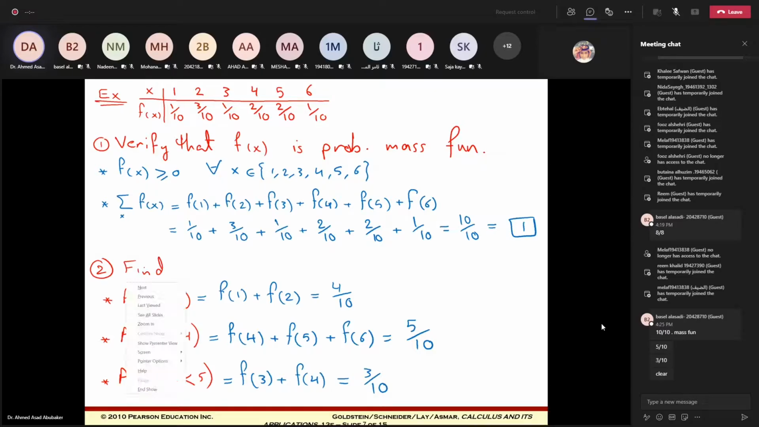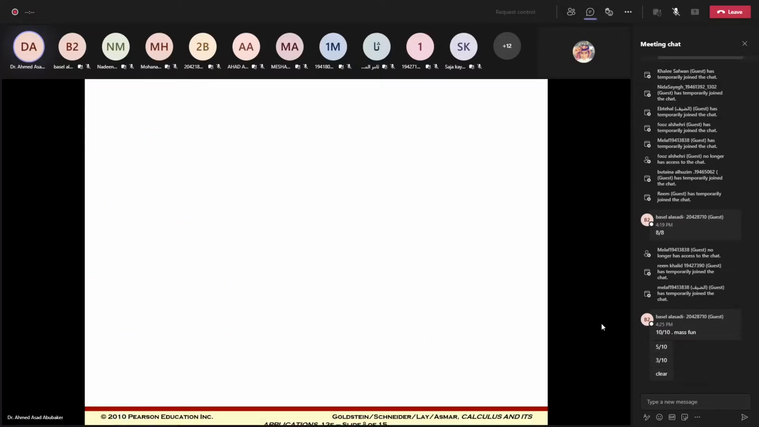In case we have an example about a density function with a continuous random variable. Example, if f of x equals a piecewise function: x to the power 3 over 64 if x is between 0 and 4, otherwise the value of f of x equals 0. Now we need to verify